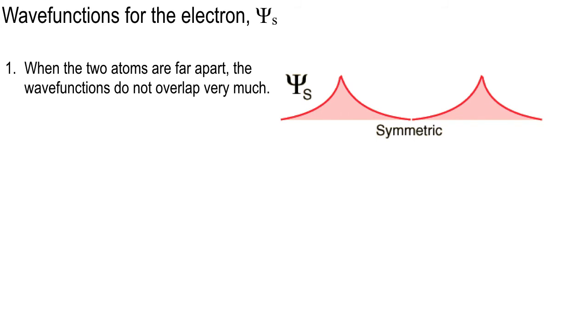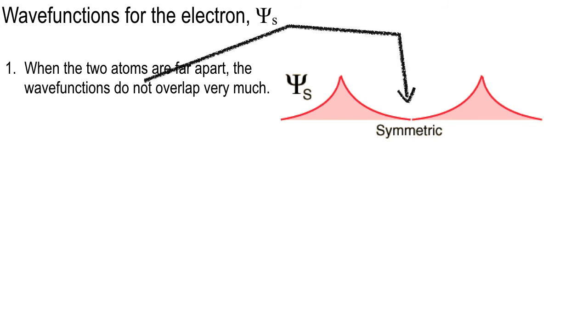This is the shape of the wave function. It's kind of a peak. It looks like 2 mountains. So this is 2 atoms. The wave function is symmetric left and right around the atom, and this is actually the radial profile. So it's a quantum wave function, and this is the amplitude.